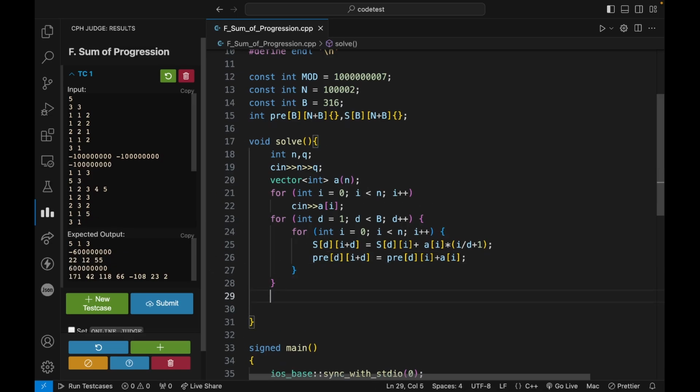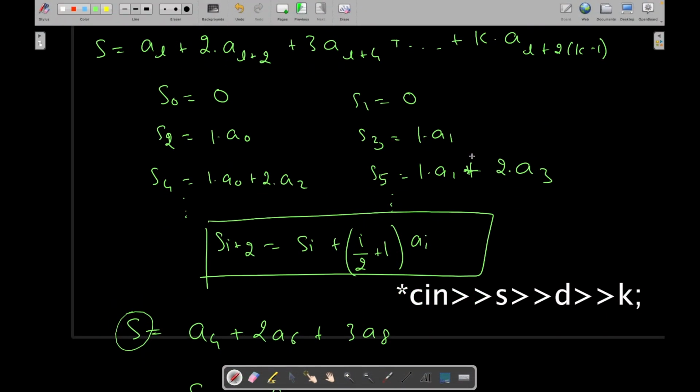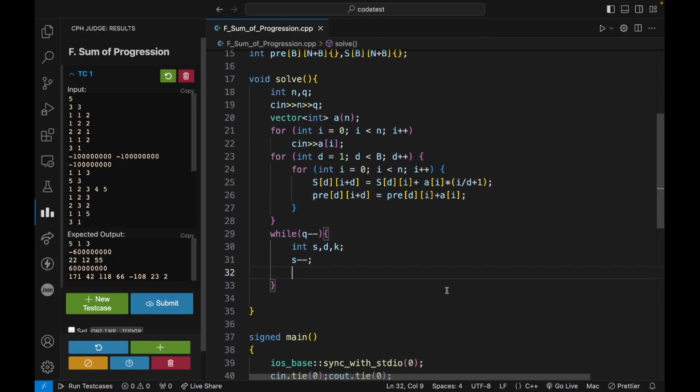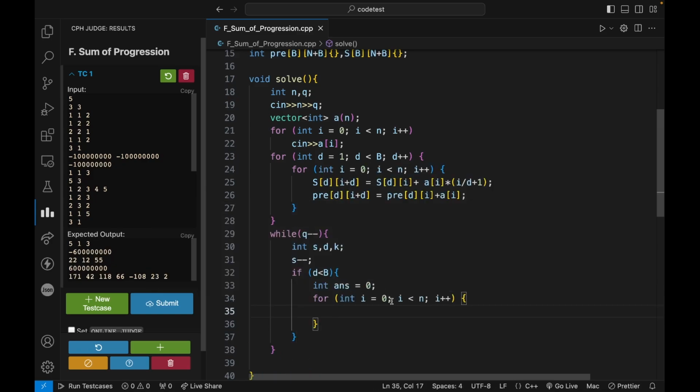So now that I have pre-calculated the values, let's say while q minus minus, for every query we have s, d and k, right? And from this I need to first get the right value. Let me just subtract my s index here. Okay, now if my d is less than b, then I have very few terms, so I can simply calculate my answer by brute force. So let's say int answer equals to 0 for I from 0 to n. Actually let's take it from 0 to k, and answer plus equals to s of a of I plus d